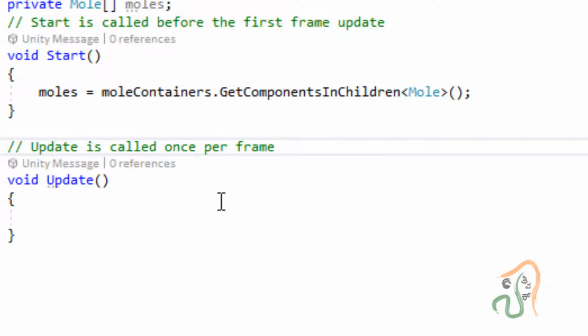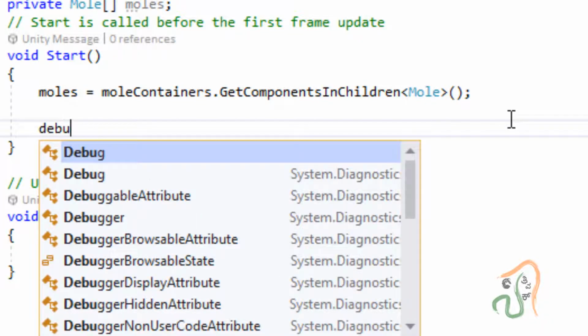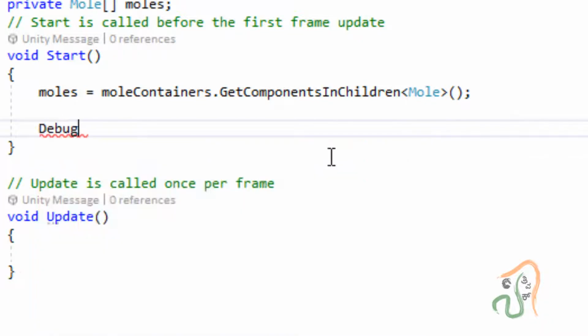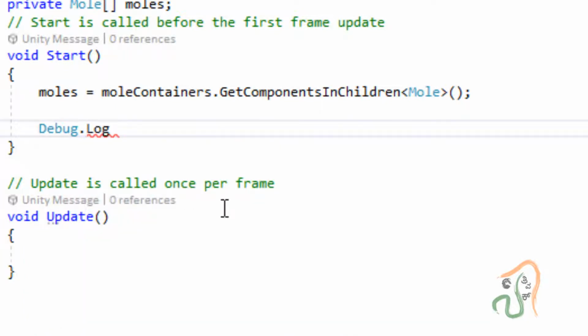Now we want to know whether this moles array is attached to all the components. To test it, press enter and print a message. To print the message we use Debug.Log, and in the brackets, what we are going to print is this moles.